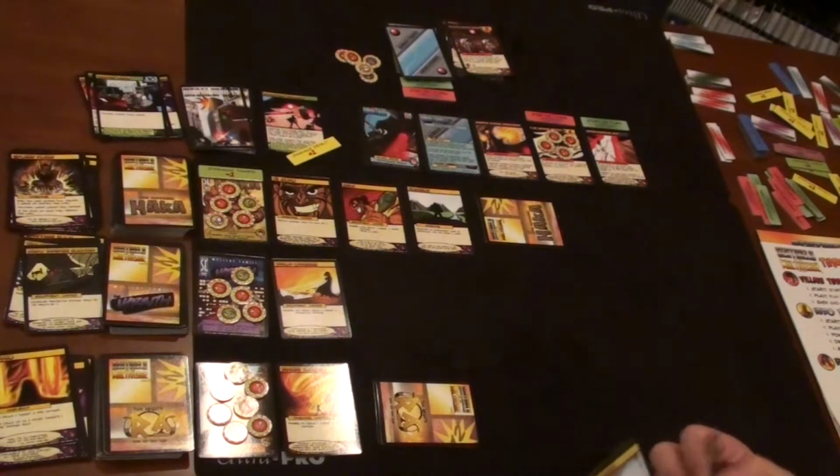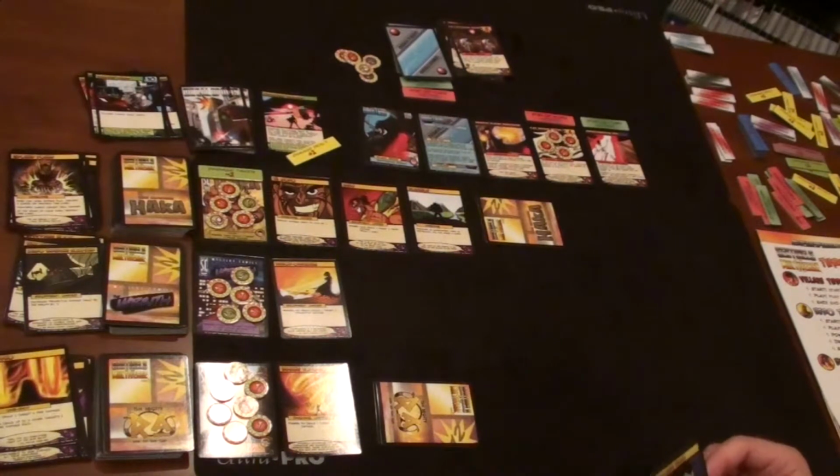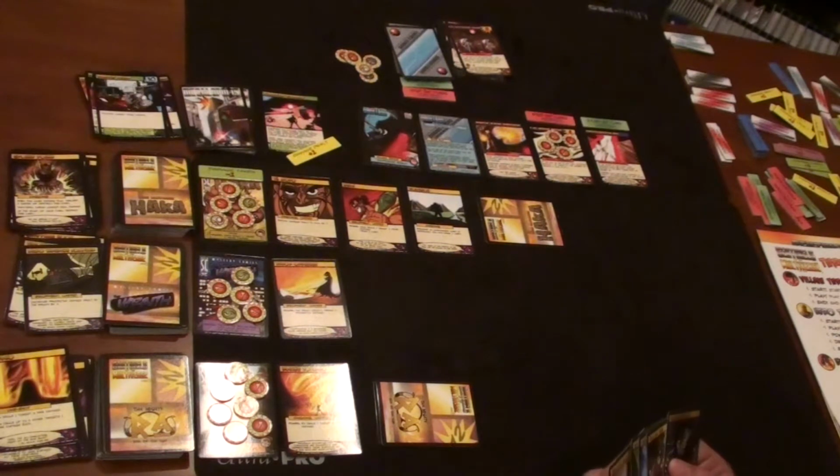We're going to go with Wrath, and let's see what she can do here. She will equip. And they got rid of my good cards, man. They really did. So I want to do...